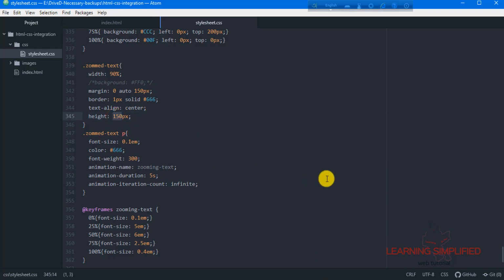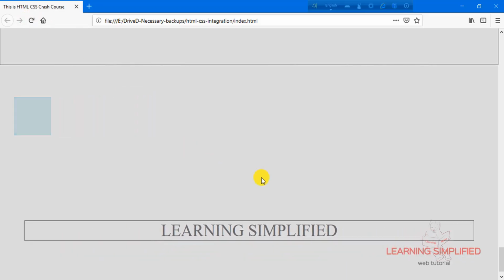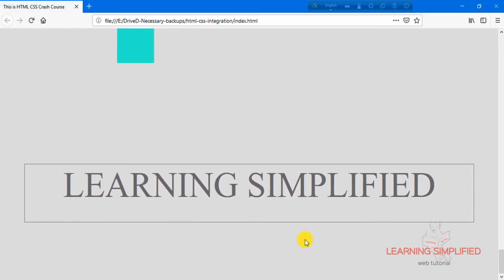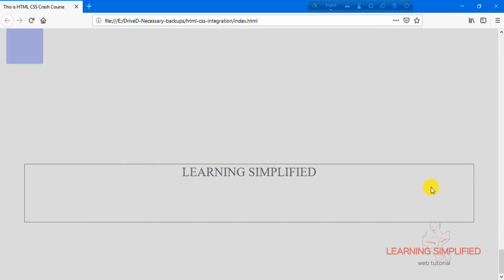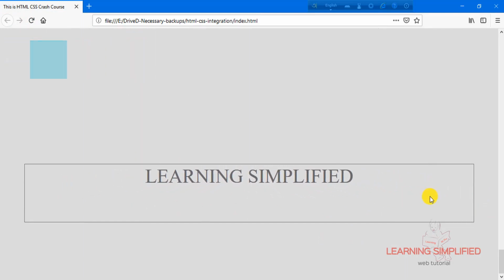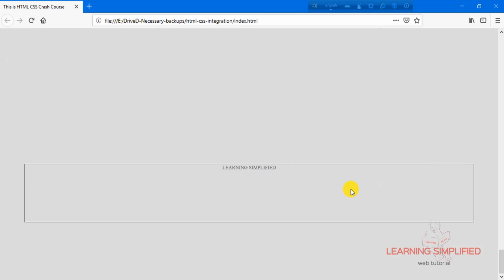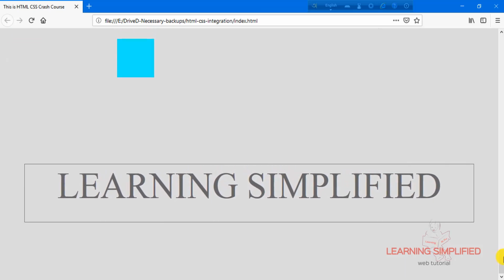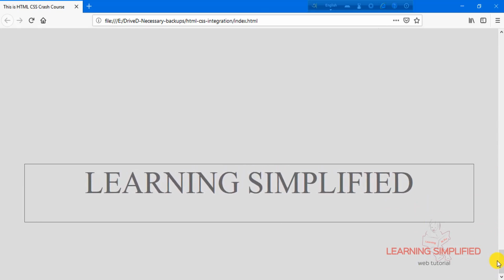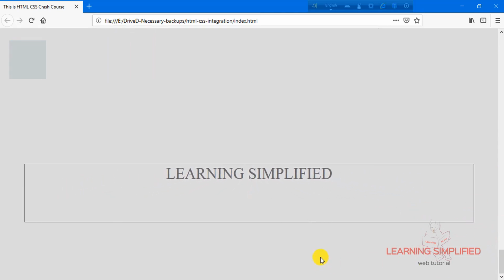If we get back to our project and reload, we will see that this holder is now fixed in position, and the text inside is getting bigger and smaller, and there are absolutely no ups and downs in the scroll bar that we are viewing right over here.